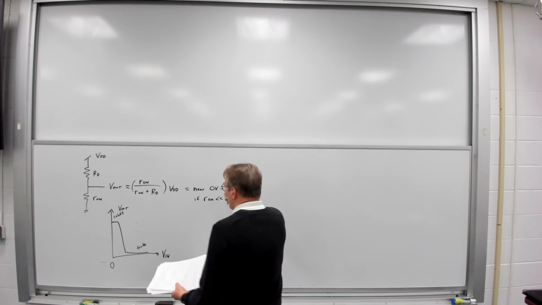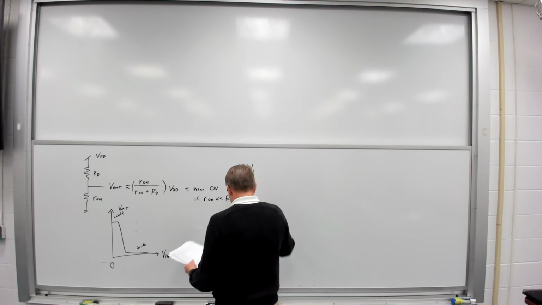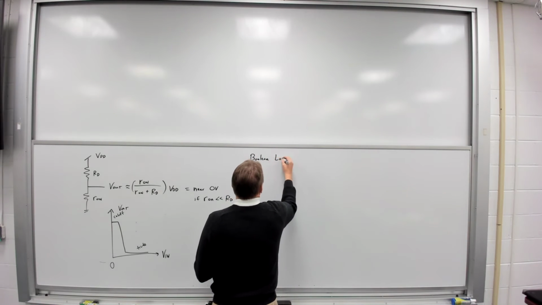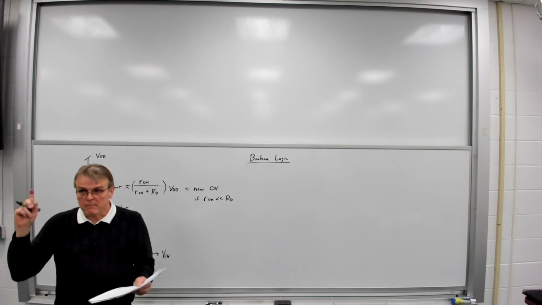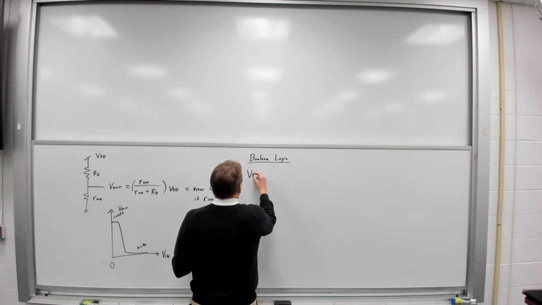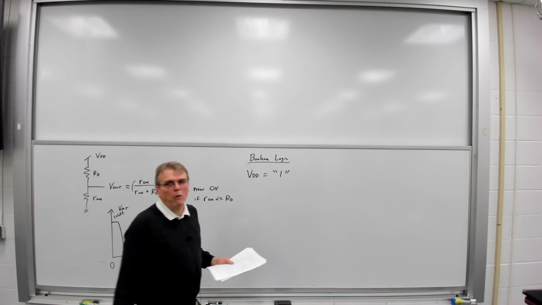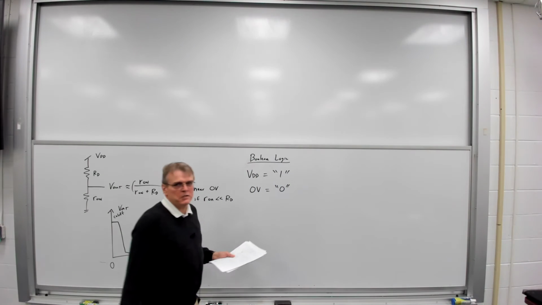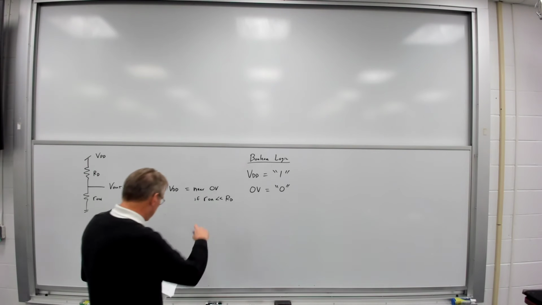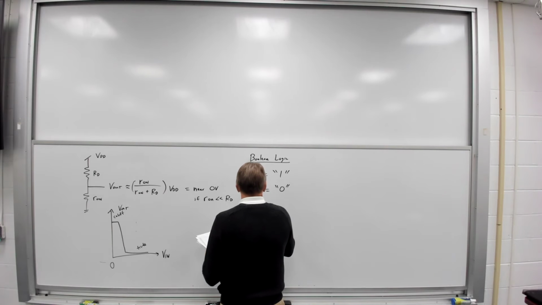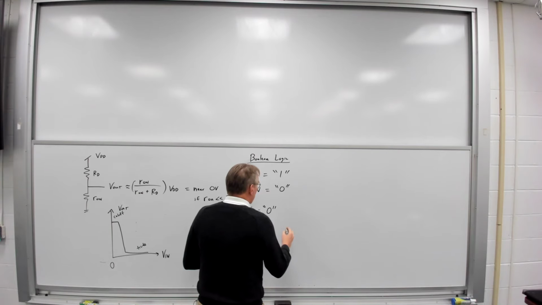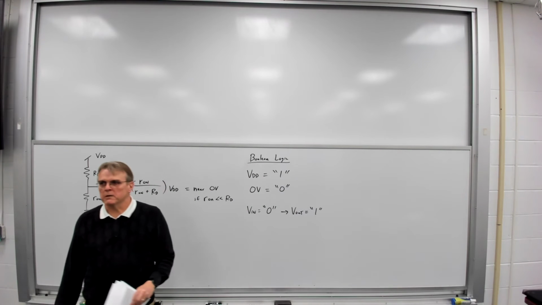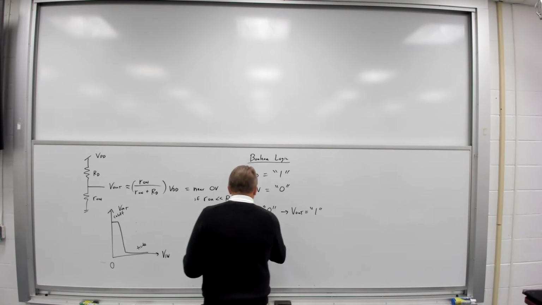Okay? Well, looking at this circuit, let's consider this from a digital logic point of view. Boolean logic. I'm going to say that the power supply voltage, VDD, is a logic 1. And ground, 0 volts, is a logic 0. So looking at how that circuit worked that I just drew, if Vn is a logic 0, V out is a logic 1. If the transistor is off, V out is equal to VDD. And if Vn is a logic 1,